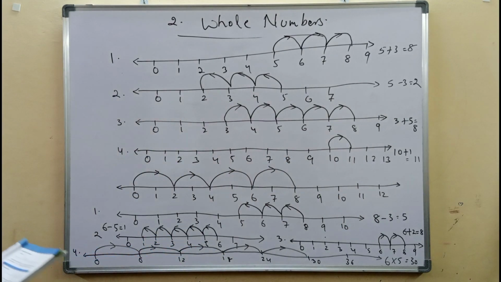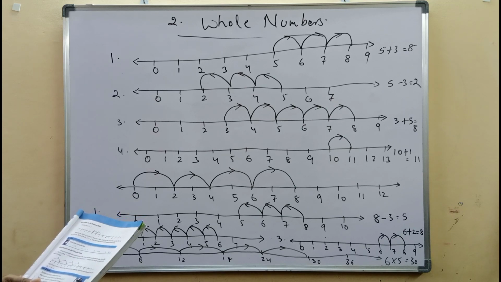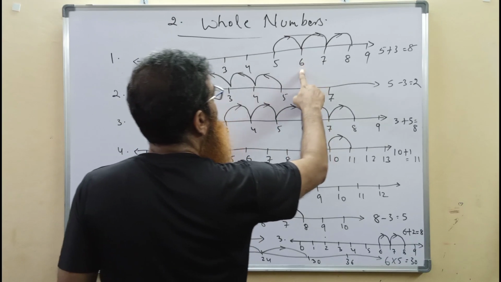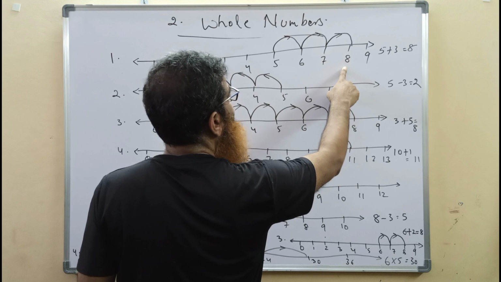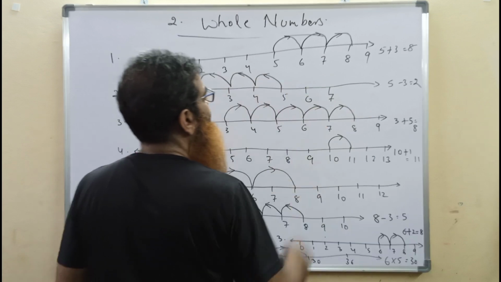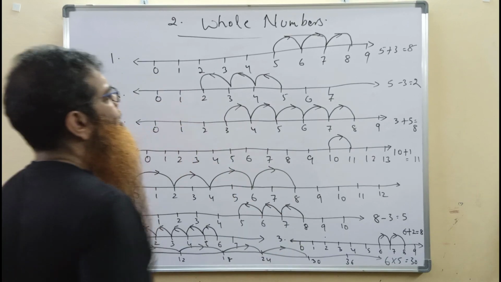So first we started to see how a number line can be drawn, can be represented on a number line, moving from 5 to 8. So on the number line, 5 plus 3. From 5 we started, we moved 1, 2, 3 numbers to the right to get to 8. We need to move 3 numbers to the right as we are doing addition. So 5, 6, 7 and 8. That is 5 plus 3 is equal to 8.